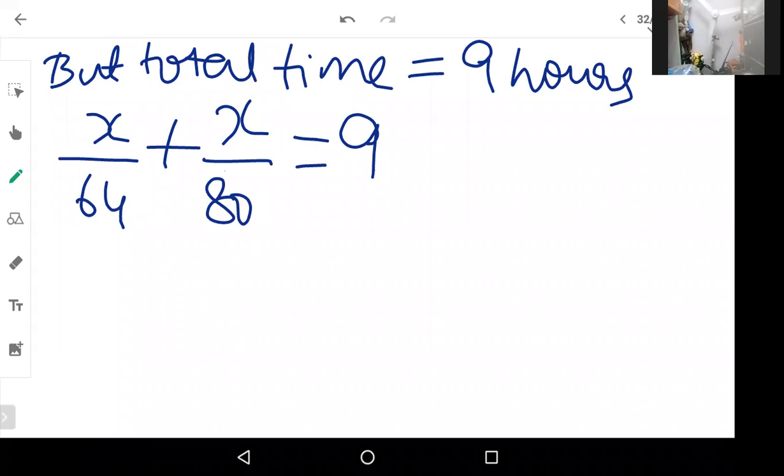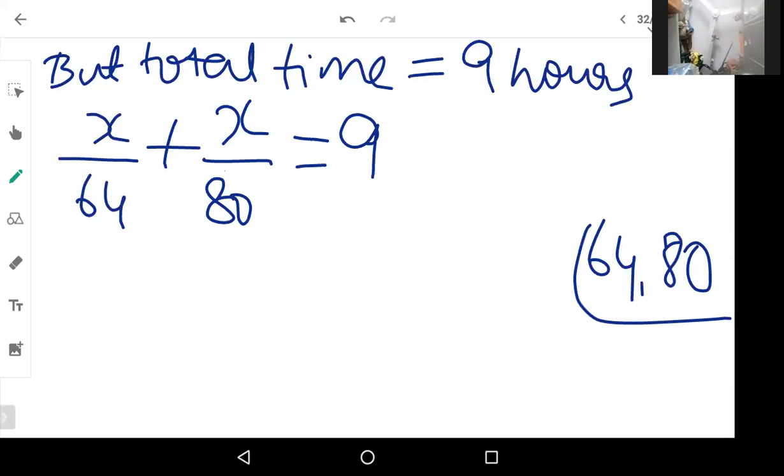Okay, we have to take the LCM. You can directly solve the LCM of 64 and 80 here, or you can cross multiply. It's better to take the LCM and cross multiply. Okay, so when you take the LCM here,